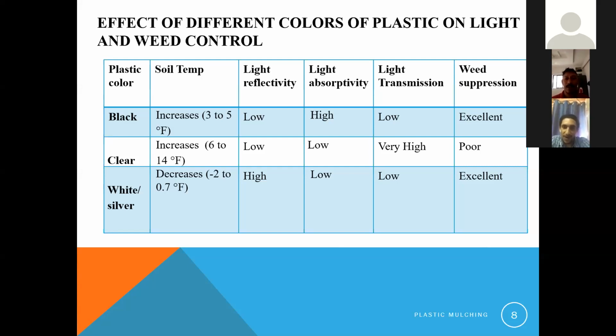Then compared to white or silver, it decreases by 2 to 0.7 degrees Fahrenheit. And this is the light reflectivity, light absorptivity, light transmissivity, and weed suppression.